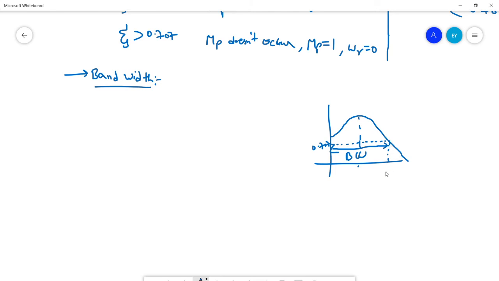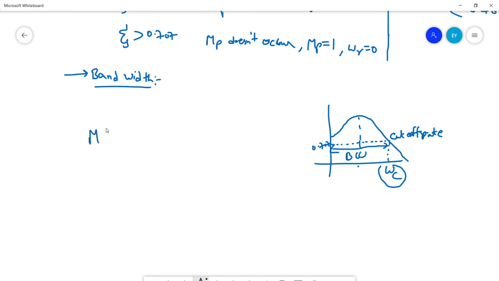The frequency at which your bandwidth gets over is the cutoff frequency, omega c, and the point at which the cutoff frequency touches the magnitude plot is the cutoff rate. So all the other three frequency domain specifications, that is omega c, cutoff rate and bandwidth, can be obtained while calculating bandwidth itself.